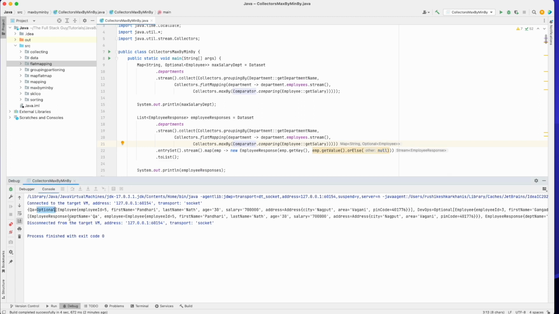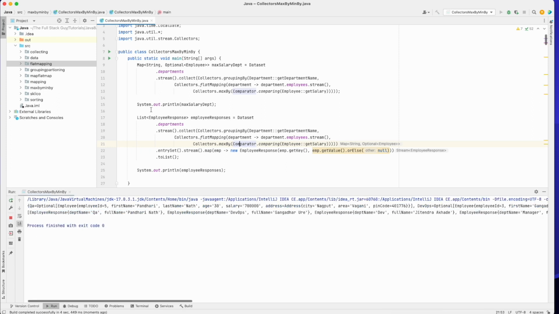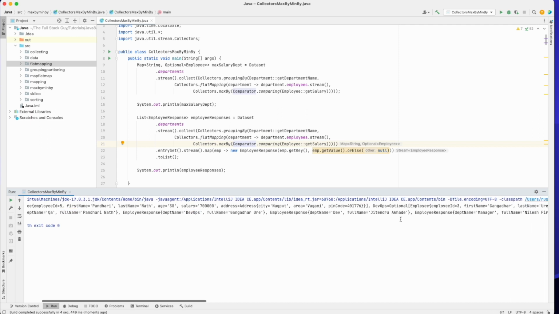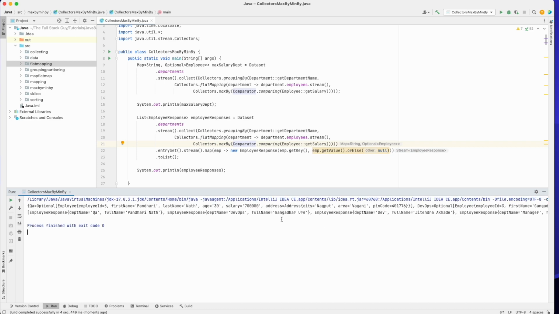we had this output. Now our output is changing to a very clean output, and if you now see, you have department name, full name Pandarinath, DevOps, who is it, Gangadhar Ure, Dev Jitendra Khade, Rich Peoples, Manager Nilesh Pirke, the richest person in the world. Okay, now